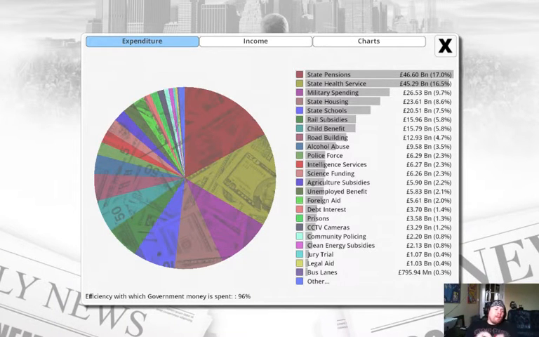46.6 billion. Massive pension bill that perhaps we need to look at. Next is the State Health Service, the NHS, the crown jewel of the UK, has been a massive bargaining chip in elections throughout UK history since its introduction. The third largest expenditure is military spending, £26 billion,